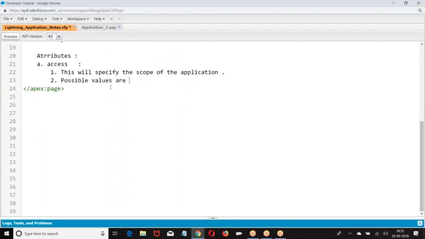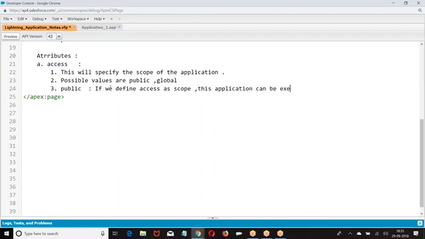Possible values are public: if we define the scope as public, this application can be extended anywhere within the namespace. Default value is public. Global.